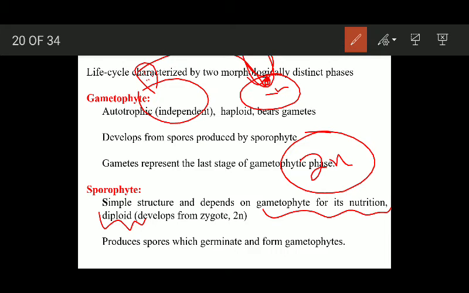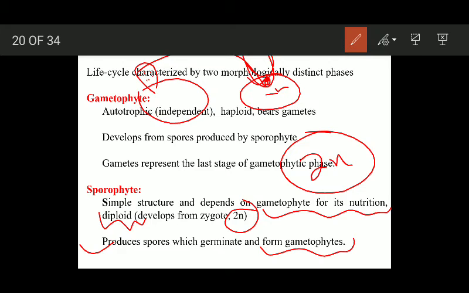It is attached to the gametophyte, it depends on the gametophyte, it is a short-lived phase, and it has two sets of chromosomes. Why? Because it develops from the zygote, which has a 2n chromosome constitution. Now the sporophyte, what is its role? The sporophyte produces spores inside its capsule. The sporogenous tissue of the capsule undergoes meiosis and results in the formation of spores which are haploid. These spores germinate and form the gametophyte. So you can remember, gametophyte